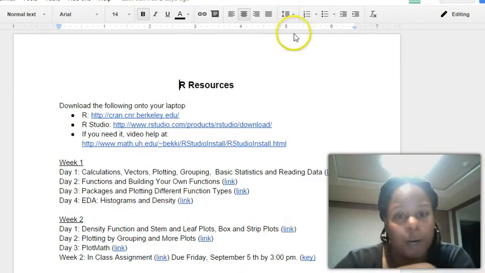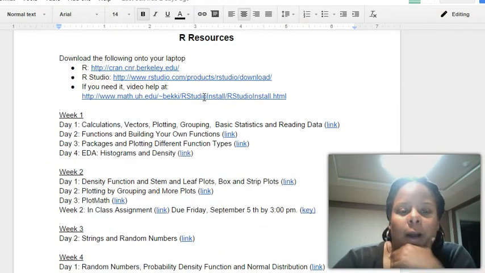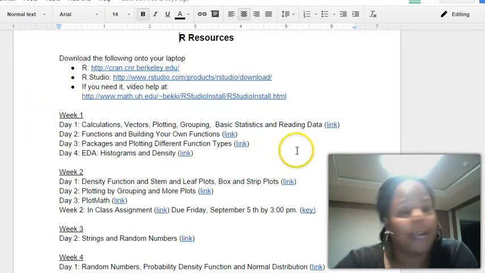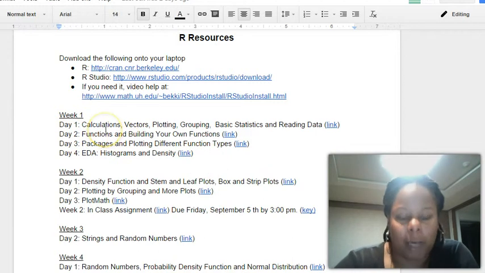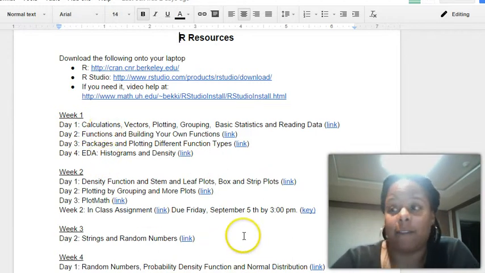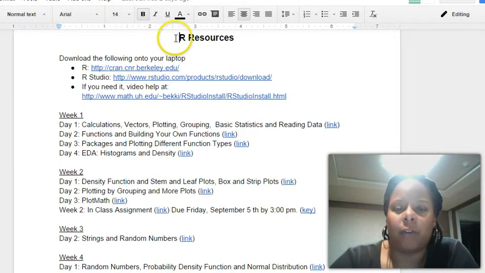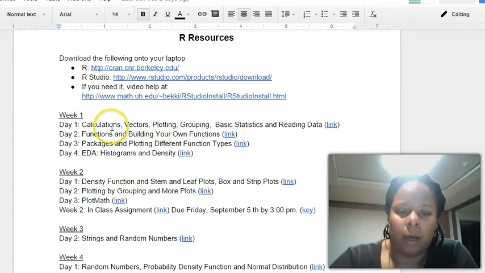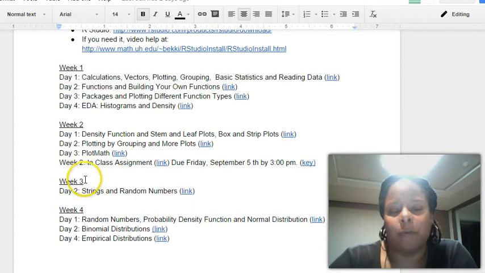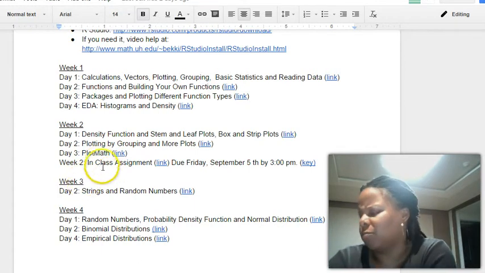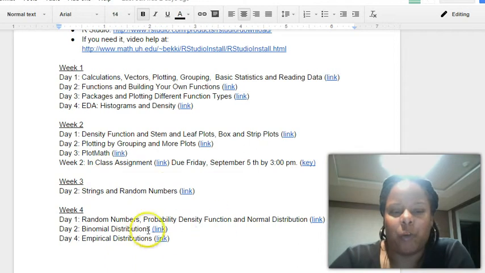So we're using the R programming language, and so far basically we go in, I already provide the notes pre-provided for them, and they access it, and then we talk about how to use the same statistics they've learned the previous year, but how to use R, the programming language, to do some of these same calculations and things of that sort. So week 1 was about introducing R. Week 2 was about using some data plots. Week 3 was a shortened week because it was a vacation. And week 4 we've been doing distribution.